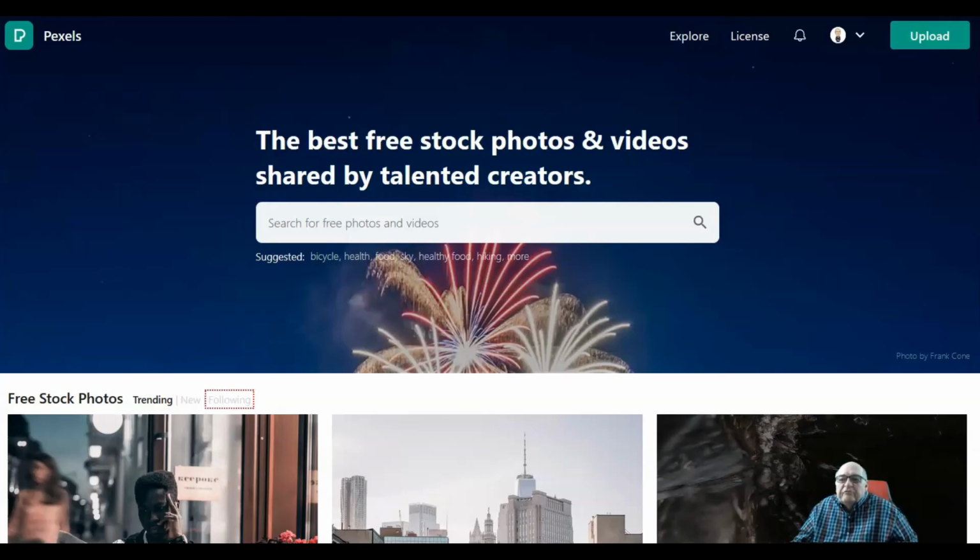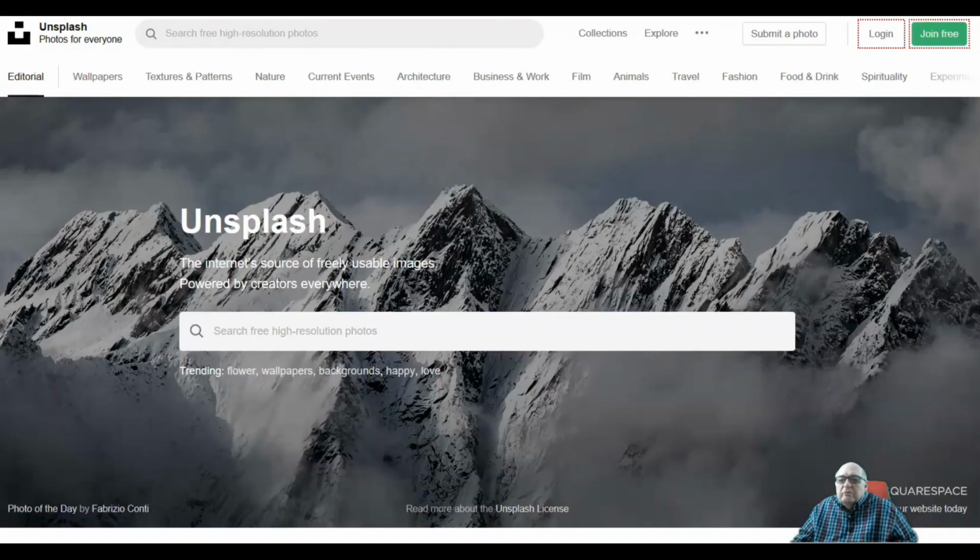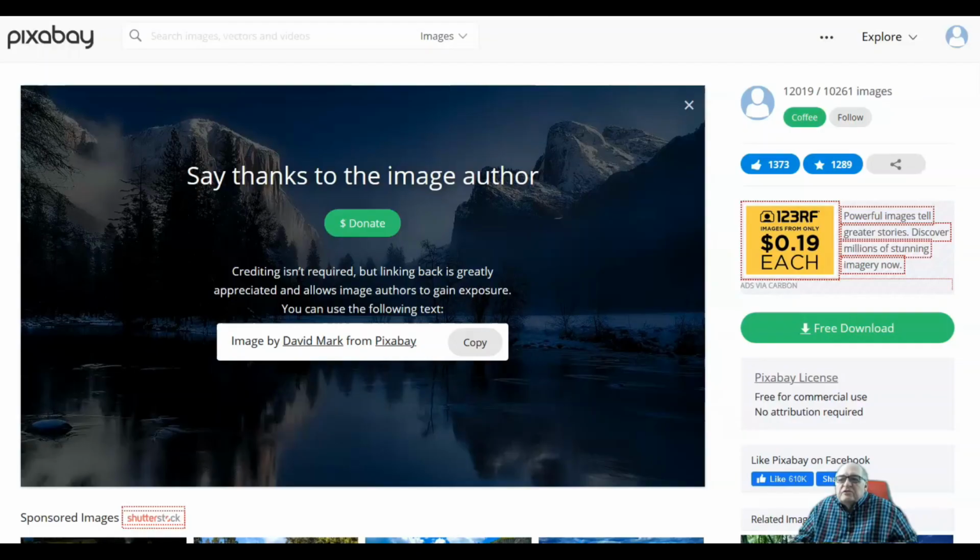Places that you can go to get free images that have no attribution. You don't have to have any fallback, anything that you're going to have problems with. You can download the images for free and edit them as you wish. So my 3 sources, which I'm going to have links for in the description below the video. First is going to be pexels.com. The second one is going to be a site called unsplash.com. And my third source of free images today we're going to discuss, and this is the one